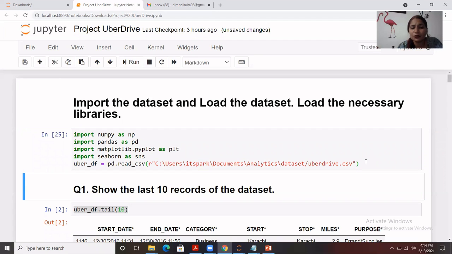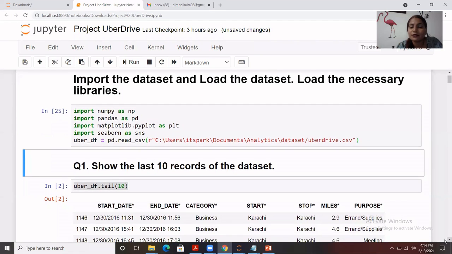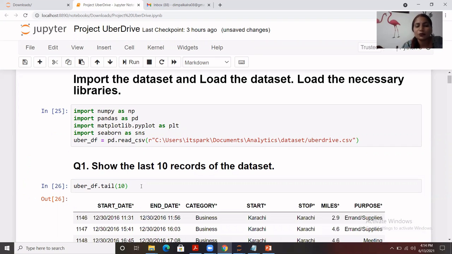The first thing that we are going to do is showcase the last 10 records of the data set. You all remember that we have a tail function for this. In case we need to showcase the first 10 or first 5, we can use head for that matter, and we can also use square brackets and simply pass colon 5 to get that output. So we can write it like this, and there is one more option to do it.